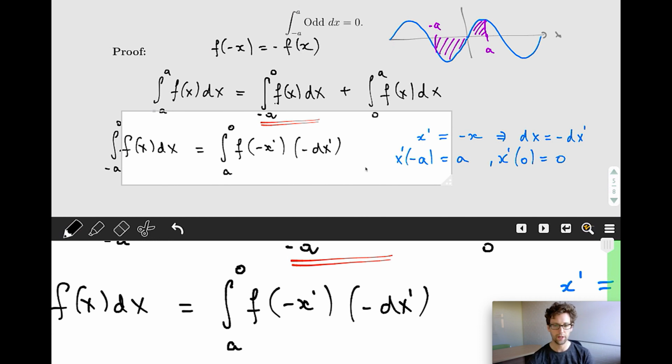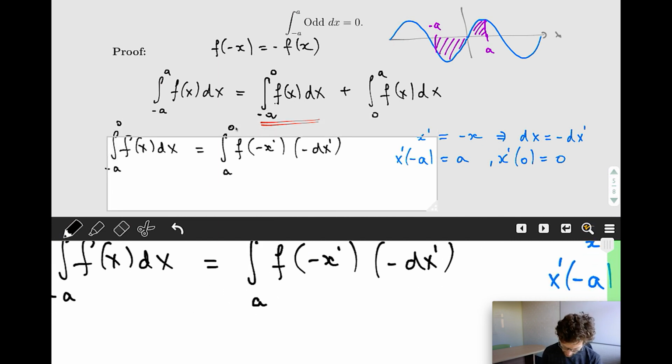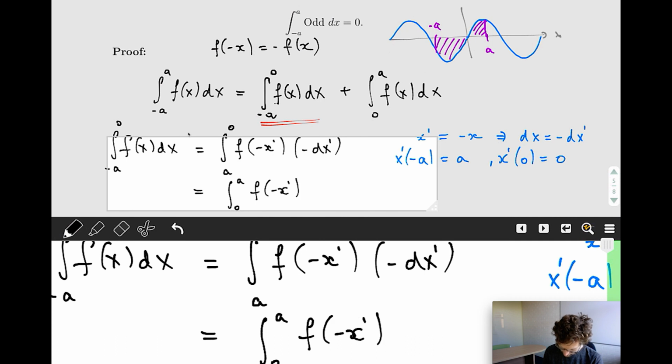Now, the first thing I can do here is take that minus sign out, and the other thing I can do is actually swap the order of the integration here, swap a and 0, the limits of integration. And we know that when we do that, we change the sign. So I'm actually going to get two minus signs, one minus sign from here and one minus sign from swapping the limits of integration. So that'll give me the integral from 0 to a of f of minus x prime